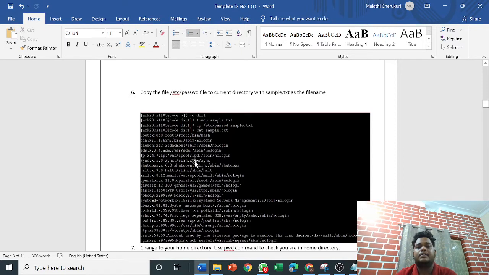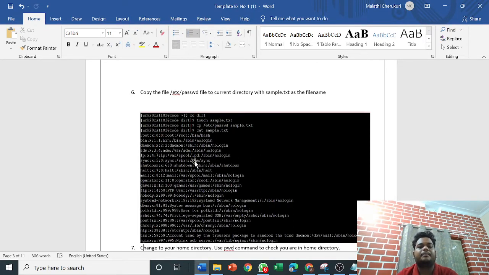The sixth question is: copy the file /etc/passwd to the current directory with the file name sample text. So this is a file name, and we need to create it. First, I changed my directory into dir1. After that, I used touch to create an empty file.